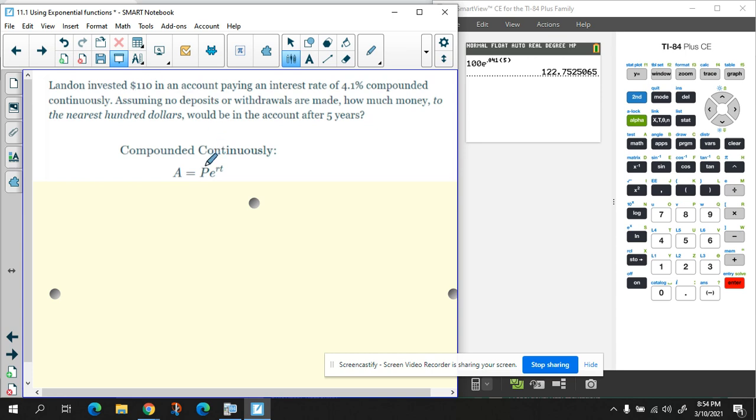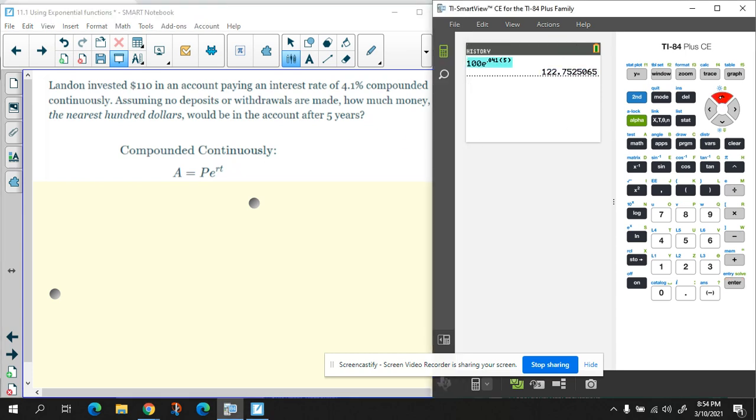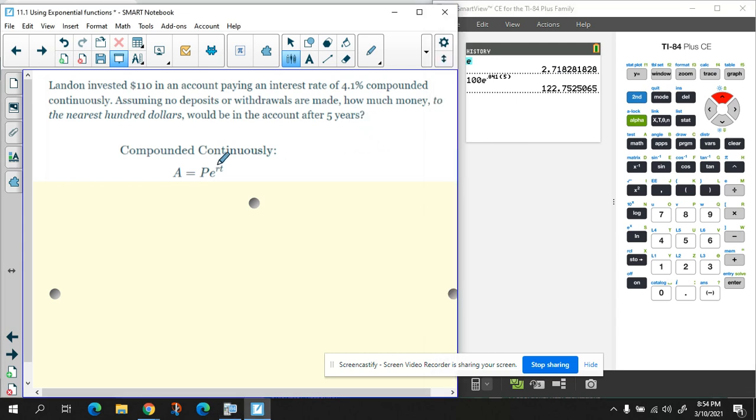The 110 will go in for our principal. E is a number. Remember, I think it's back here a ways, 2.71828. The rate for this one, we have to change 4.1 into a percent into a decimal, 0.041, and the time is 5 years. So collect your information,